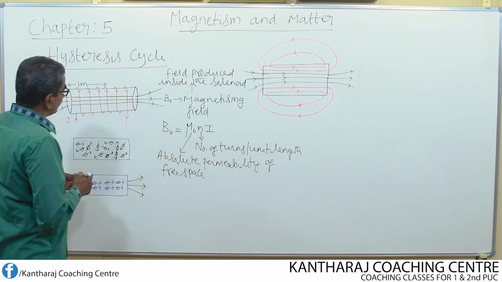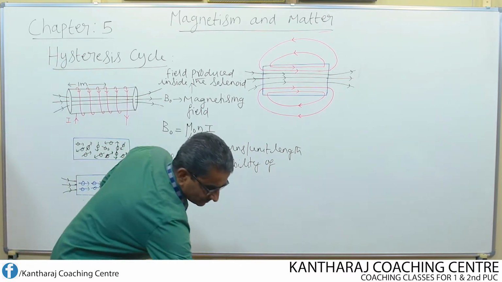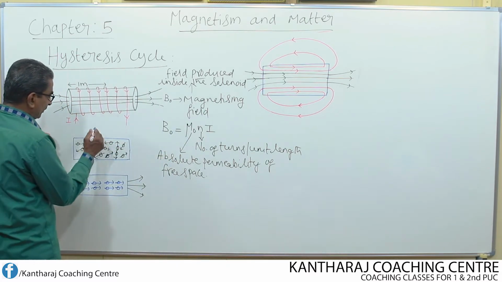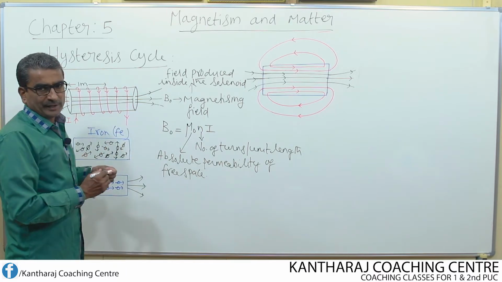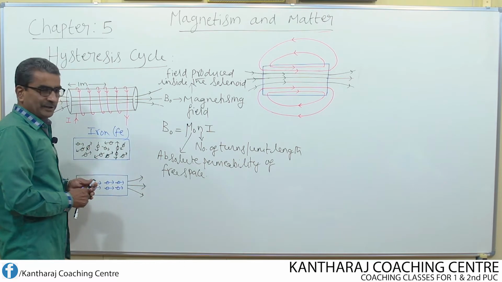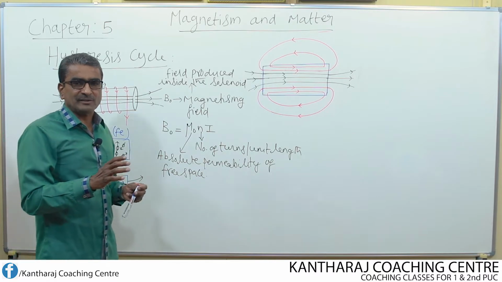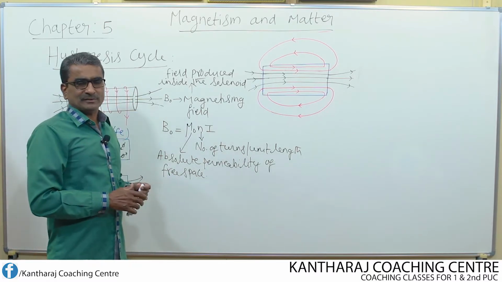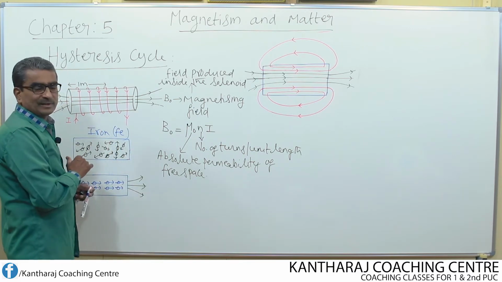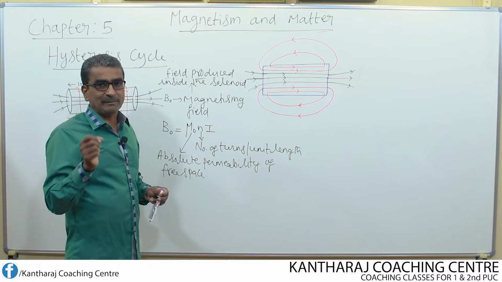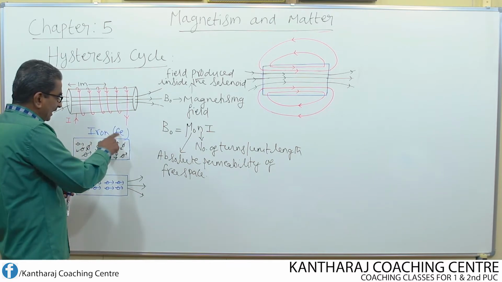Now, suppose I consider one ordinary iron bar, represented by Fe. The chemical symbol of iron is Fe. We know that iron is a magnetic material, but still it does not behave like a magnet. What is the reason for this? Each atom of the iron behaves like a tiny magnetic dipole. These are the tiny magnetic dipoles of this iron bar.